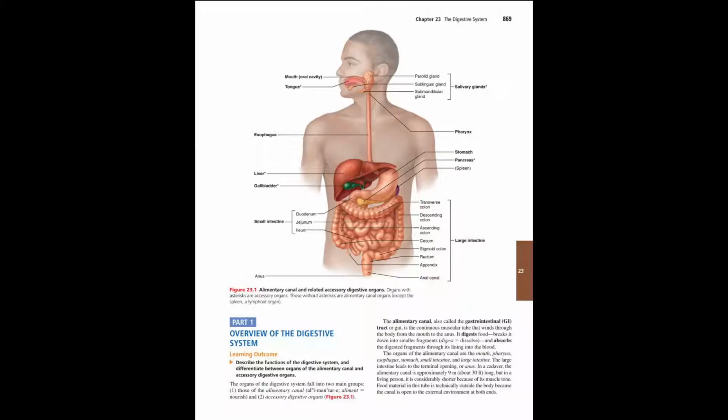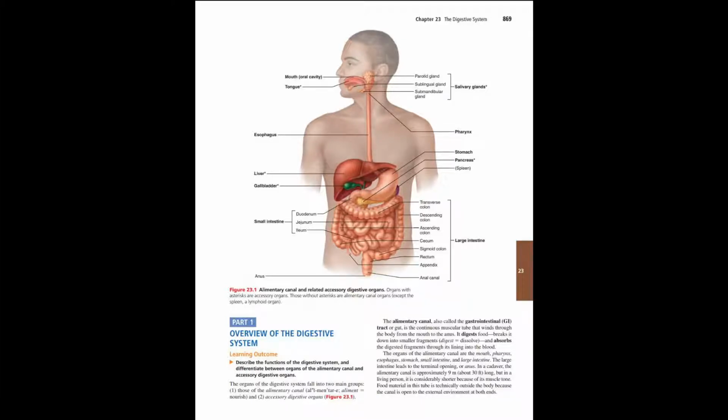Figure 23.1 is the alimentary canal and related accessory digestive organs displayed in a diagram. Organs with asterisks are accessory organs. Those without asterisks are alimentary canal organs, except for the spleen, which is a lymphoid organ. Accessory organs are the salivary glands, which is composed of the parotid gland, the sublingual gland, and the submandibular gland, the tongue, the pancreas, the liver, the gallbladder, and